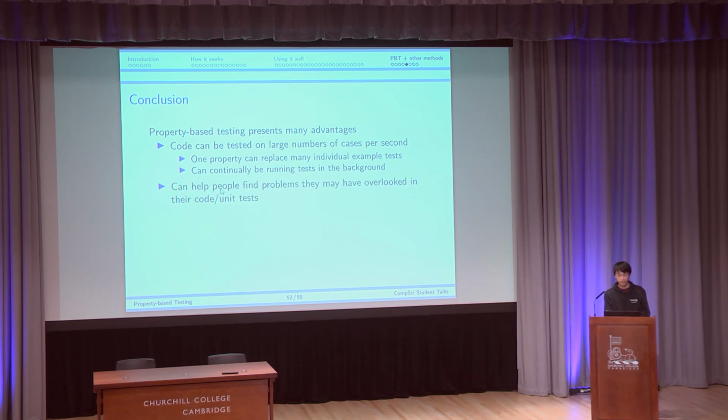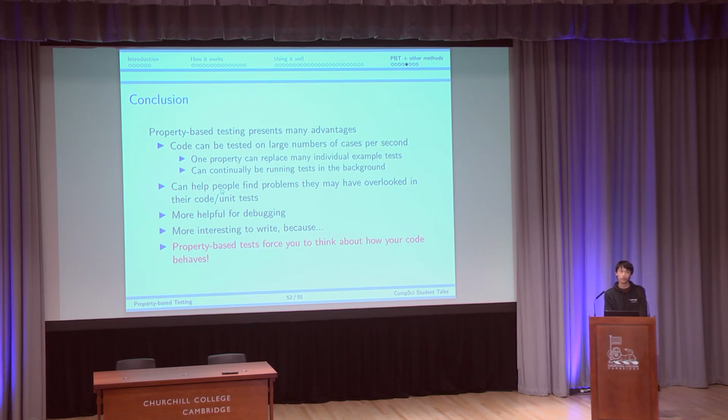Property-based testing can also help people find problems they may have overlooked in their code and unit tests because everything is randomly generated. They're more helpful for debugging because it shrinks the test case down before it gives you the final counterexample. And they're more interesting to write because, and I think this point is very important, property-based tests force